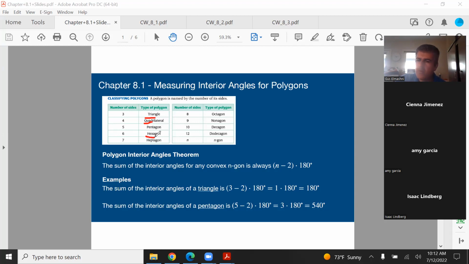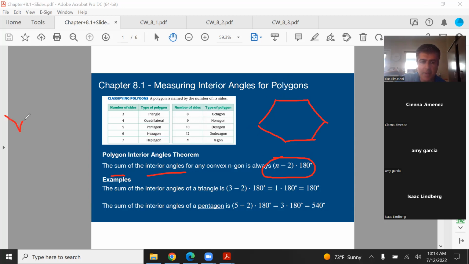Hexagon, where we kind of see that. Maybe if you like to build stuff, like a hex nut, it has 6 sides on it. I don't really see heptagons or dodecagons. But what will apply to all these shapes is this right here. This is the sum of all interior angles. So if I had a hexagon, for example,